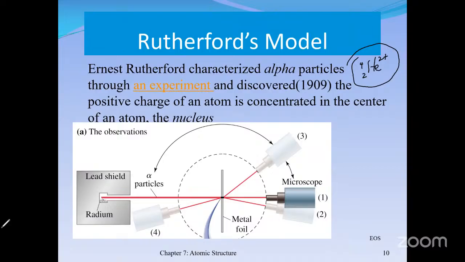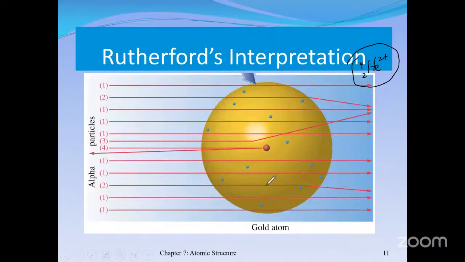And according to his model, which is closer to what we know to be the truth right now, the bulk of the size of the atom is taken up by the electrons, which are surrounding the nucleus, which is very small and very dense, right? And is positively charged, all right? So that explains that observation as shown in this diagram right here, because since the electrons are spread out and